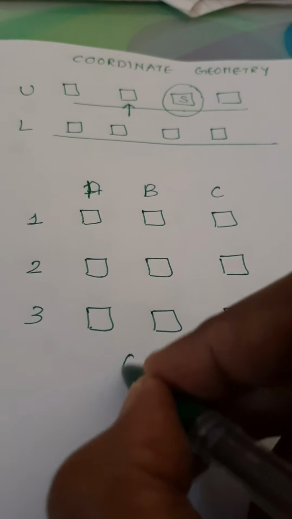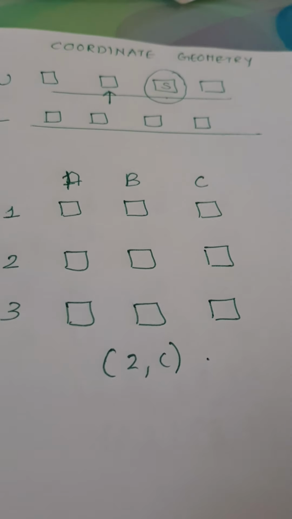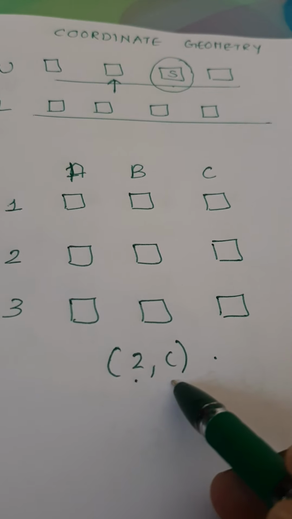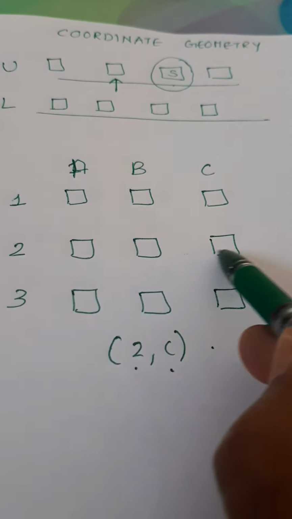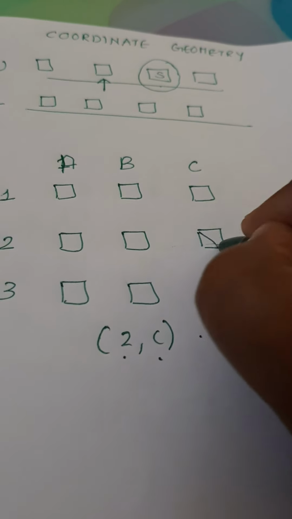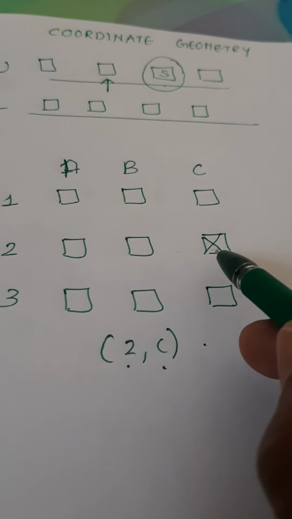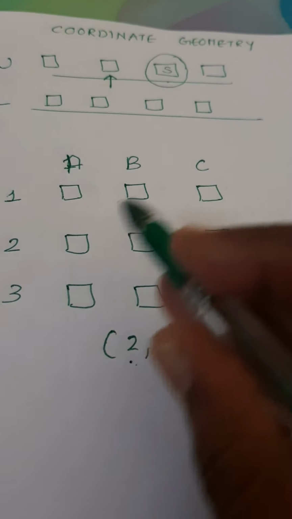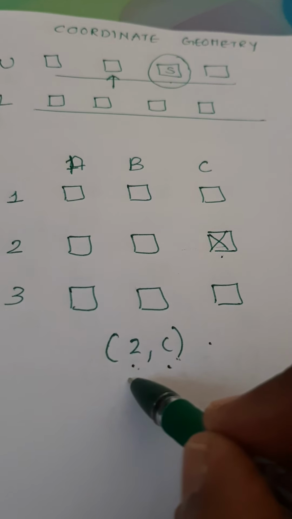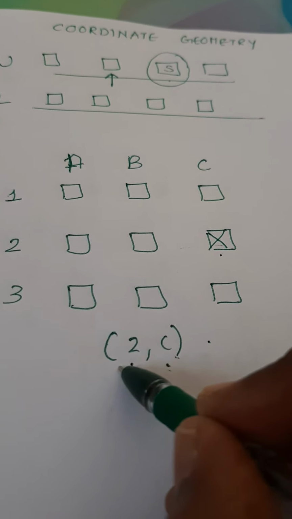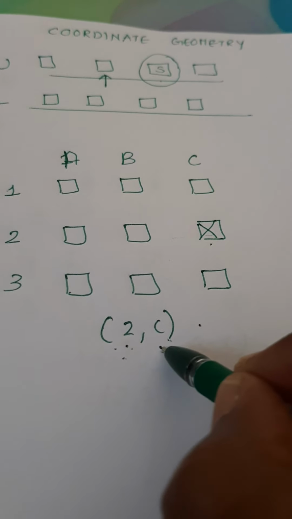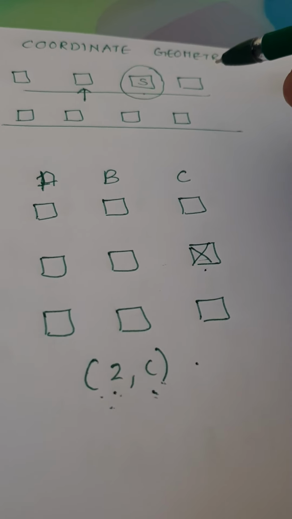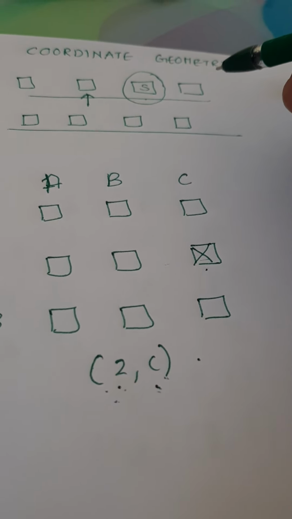So now, suppose you say 2 comma C, that is you ask the student to sit in the second row and the column number C. So that would be second row and column number C, so this location. So the student goes and sits on this desk, correct? 2 comma C. So for this seating arrangement, you needed two pieces of information. You needed two numbers. One is the row information and the other one is the column information. So similarly in coordinate geometry, to locate any point on a plane, you need two pieces of information.